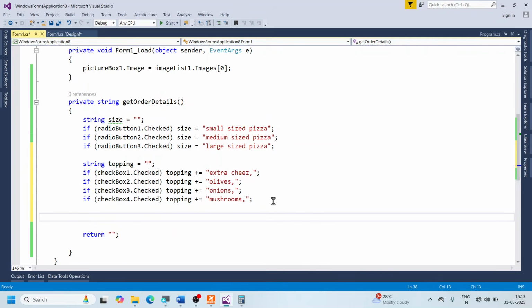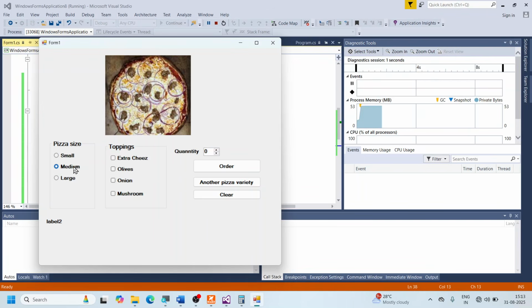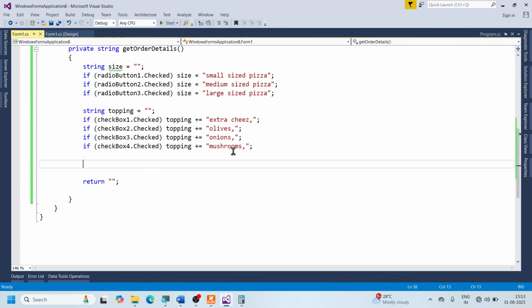Now, before we return it, we have to know whether the toppings are selected or not. One thing you must understand here is, let me run it. I can select a medium pizza and say that I don't want any toppings. So if none of the toppings are selected, then I have to say that it is without any toppings. If anything is selected, I will have to show it. So I will first check whether toppings is selected or not. If the toppings is empty, I will give a different message. So how do I say that? Let me just get that information here. So if